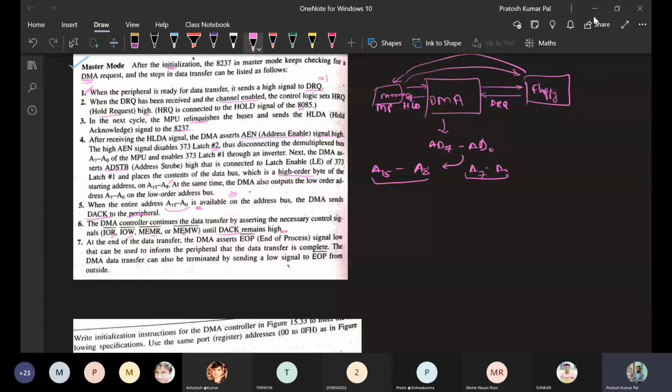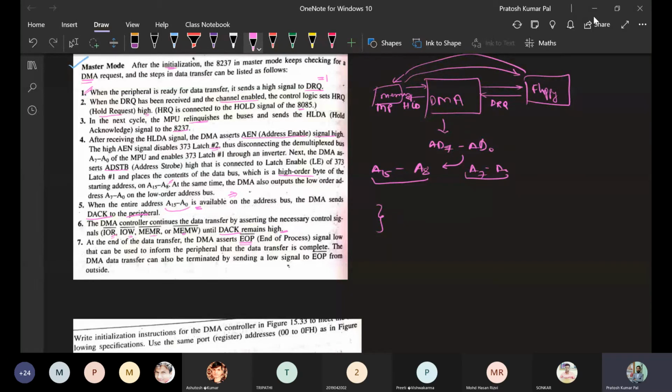At the end of the data transfer, once the desired number of bytes have been completed and the transmission is done, it will give the signal end of operation.